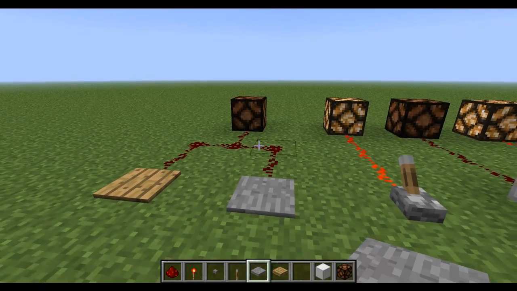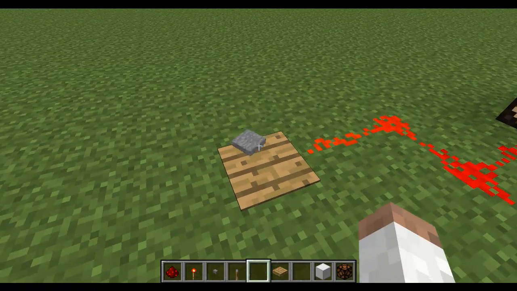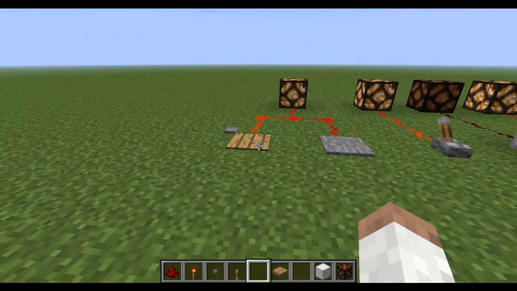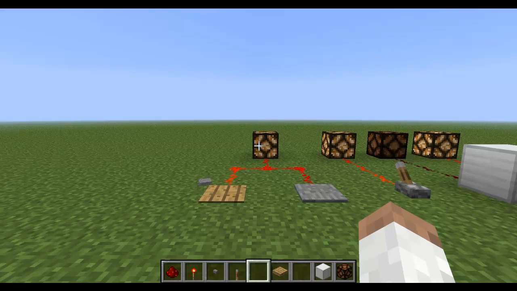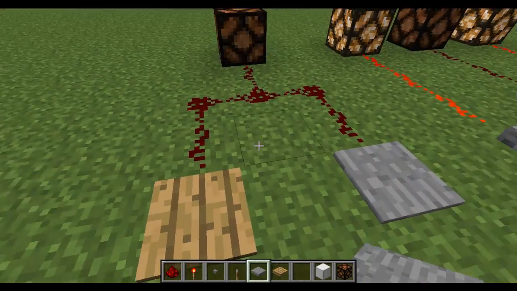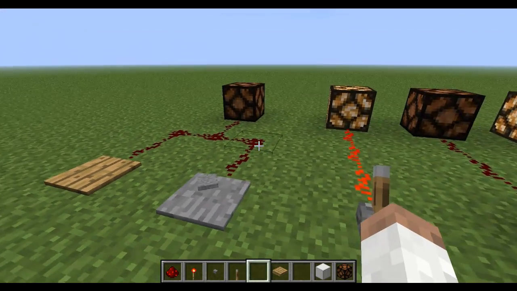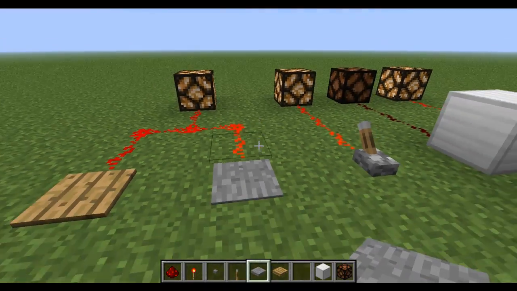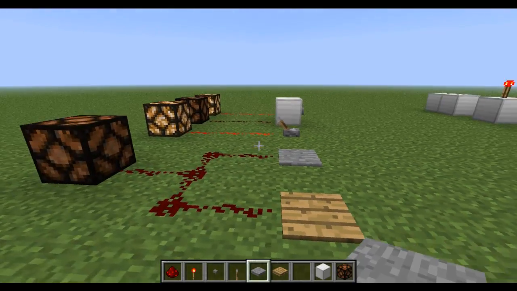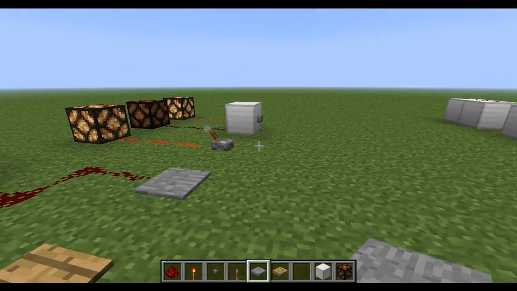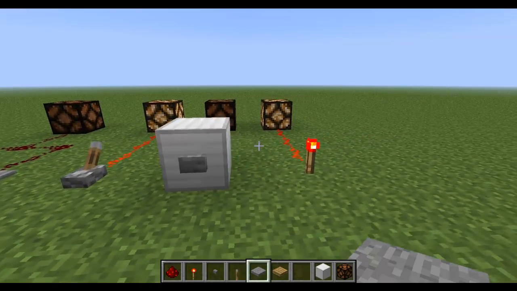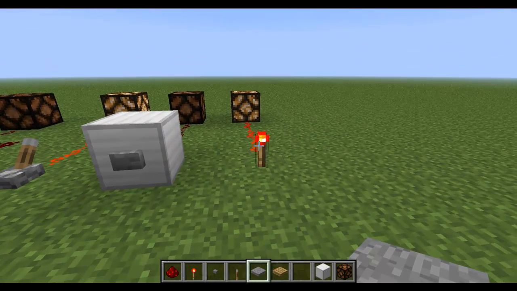On and off. Like I said, when I put an item on it, the item is on the pressure plate, so it is turning the lamp on. With the stone one, not the case. It does not do that. Alright? So now that we've seen how these work, let's look at some properties of redstone dust, as well as